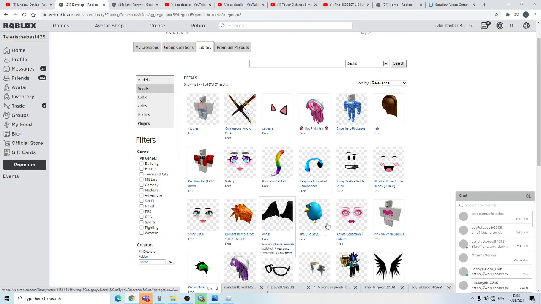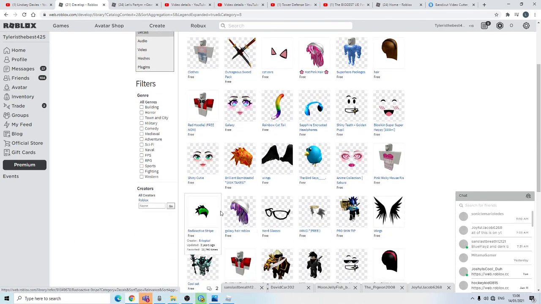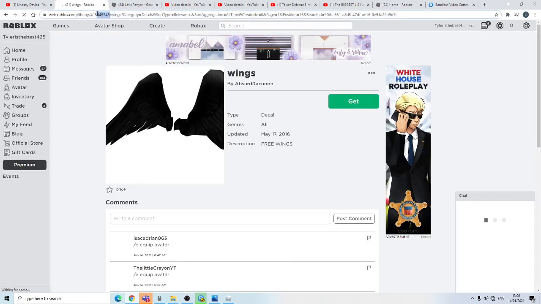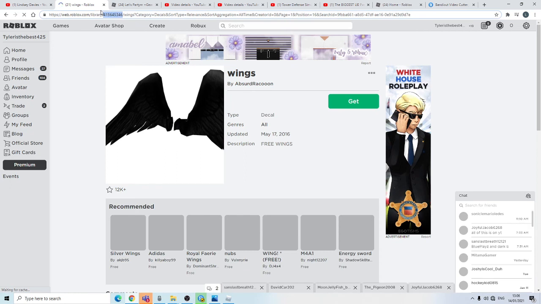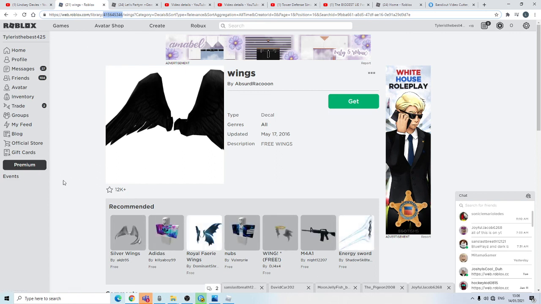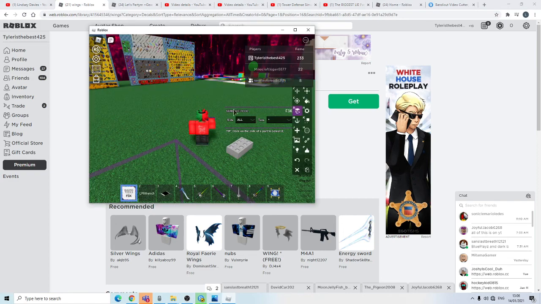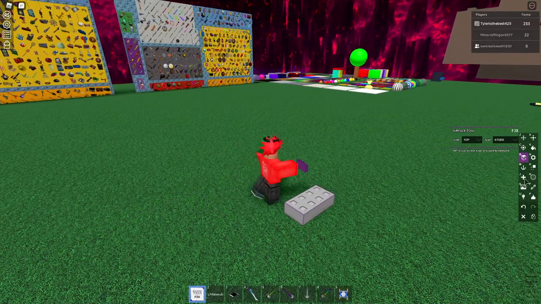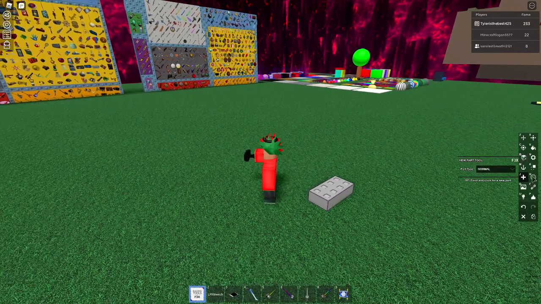Decals. These are images. A decal of these wings. You don't need to get it, you just need to copy the ID. Control C. If you're on a computer, Control C or Command C. Now, once we got the ID, we can